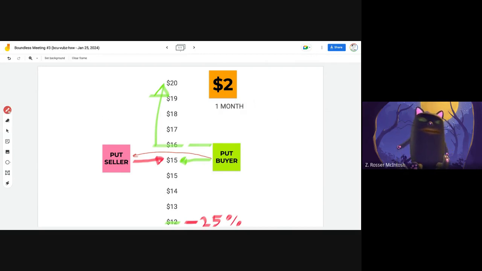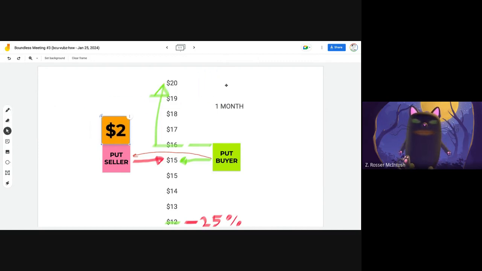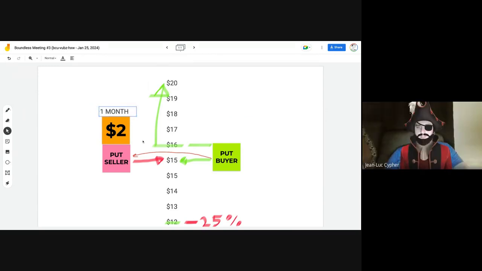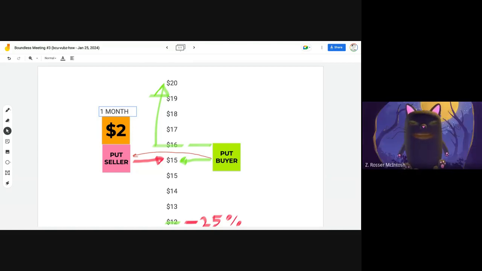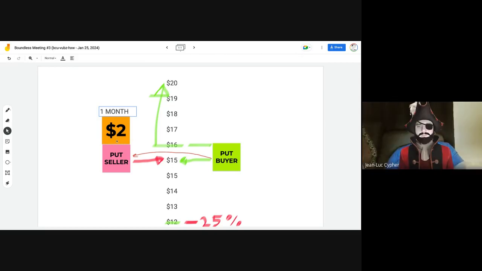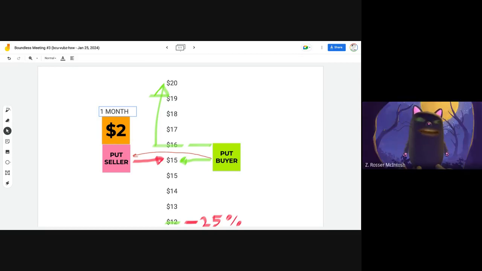So the way this would work is, the benefit for each side here is, if the stock goes up, then you simply pocket this premium. You get to keep that. That's what's in it for you. I lose the $2. But if the stock goes down,